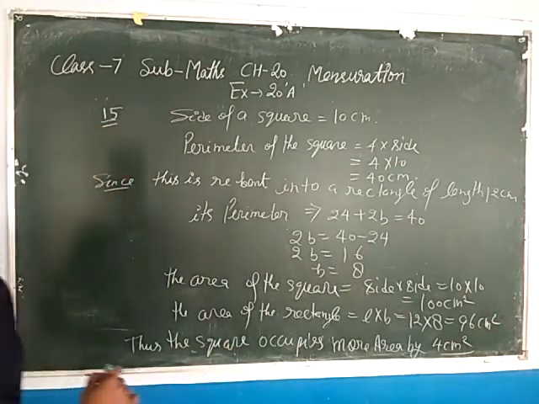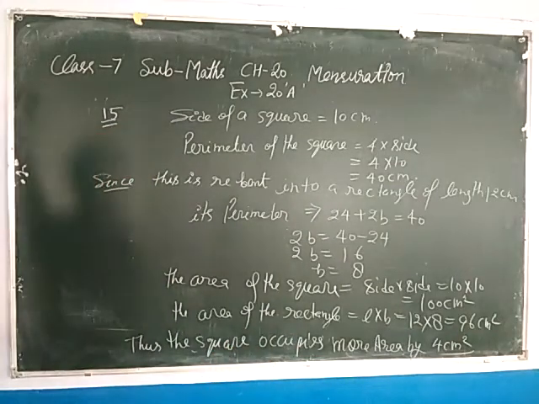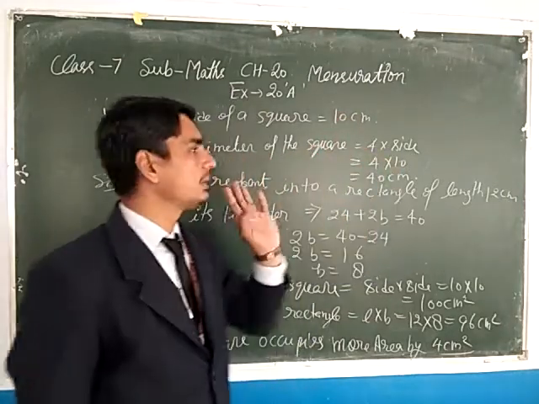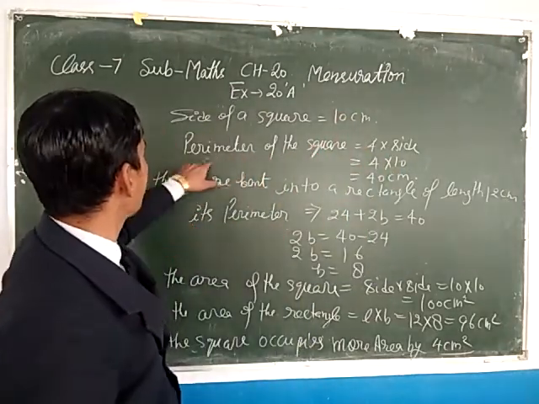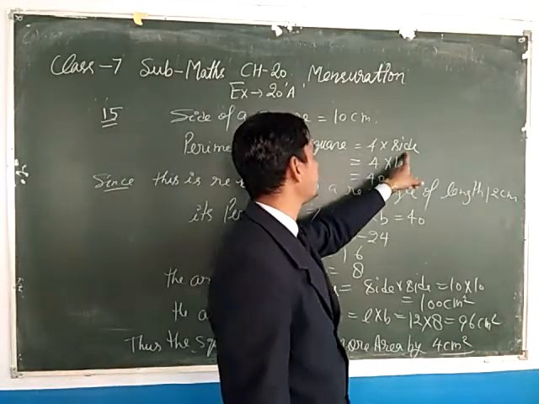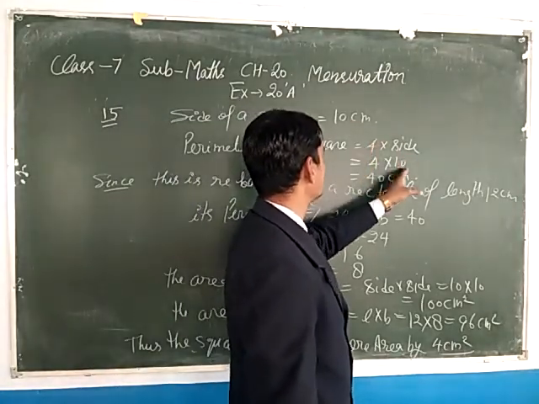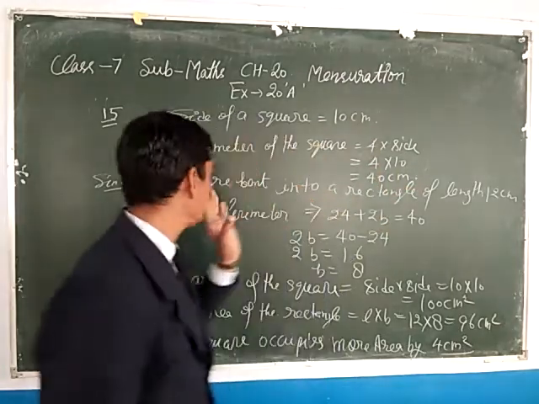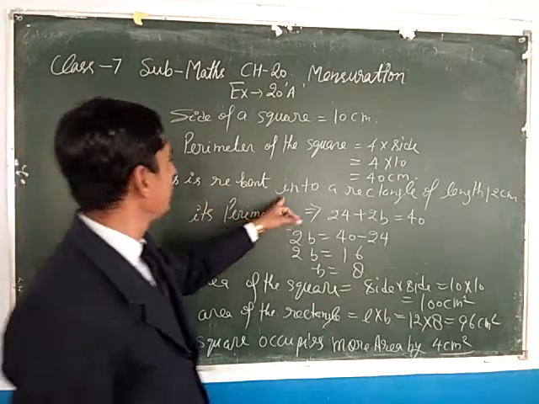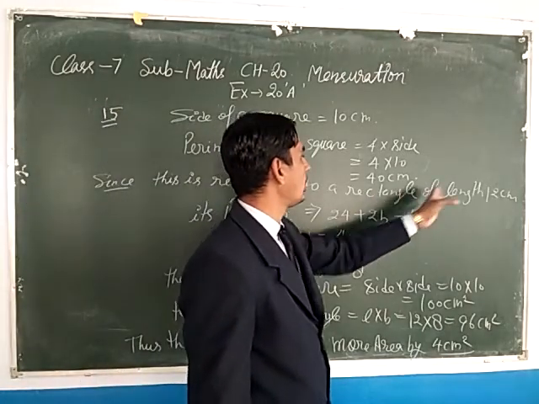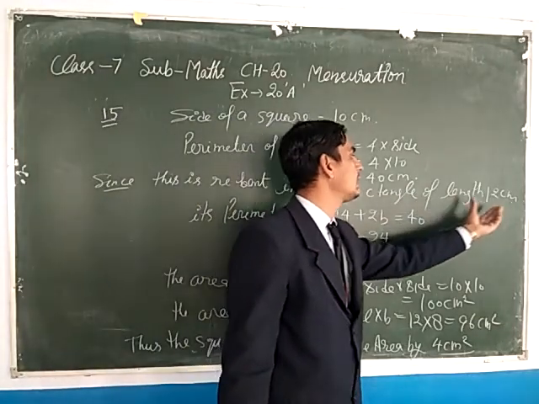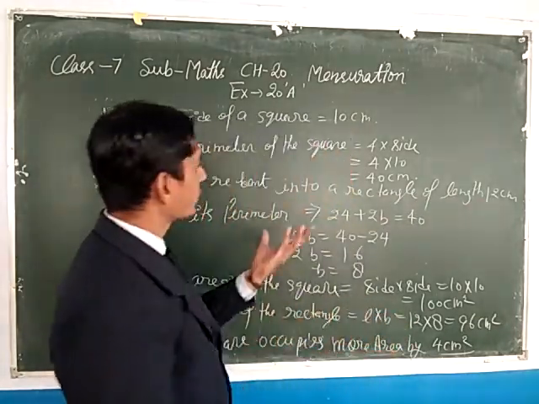4 centimeter square. Again, see, the side of a square is 10 centimeter. This is the given part. Okay. So first of all, we find the perimeter of the square, and the perimeter of the square, you know very well, is 4 multiply side. Side is 10. So 10 fours are 40 centimeter. Clear beta? Now, since this is rewound, we are making it into a rectangle of length this. We rewind it and make a rectangle whose length is how much? 12 centimeter. So what will the area of both be?